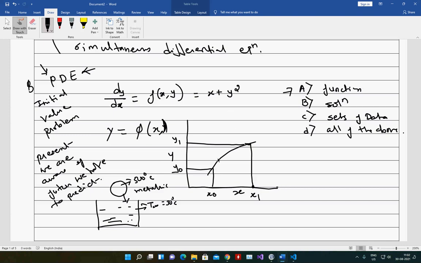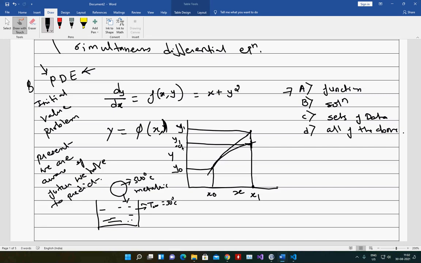Now from this point we will draw a tangent which intersects the x location here. This is the y1 which we are going to get.